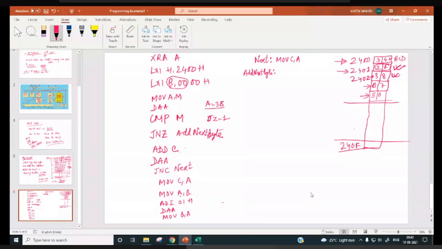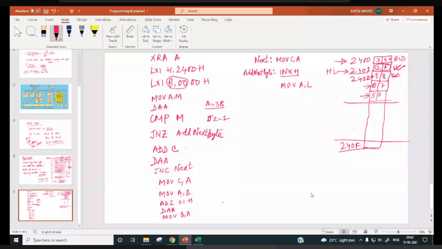Now, if we move A comma L, right? L content is moved to accumulator. So after INX H, what will be the L content? HL points to 2401, right? So L is equal to 01. Now here A equal to 01.